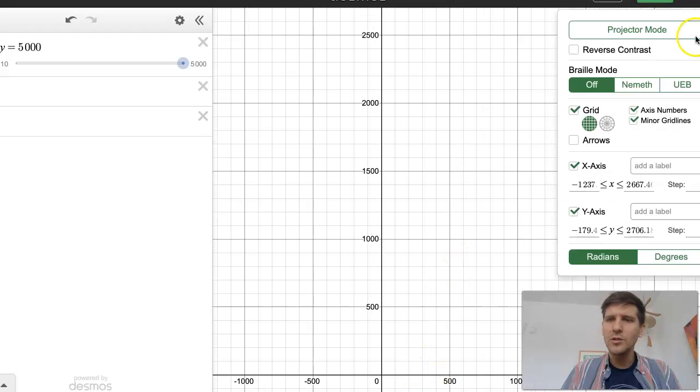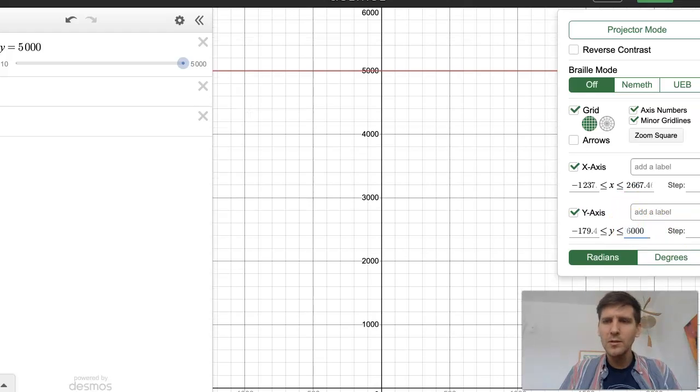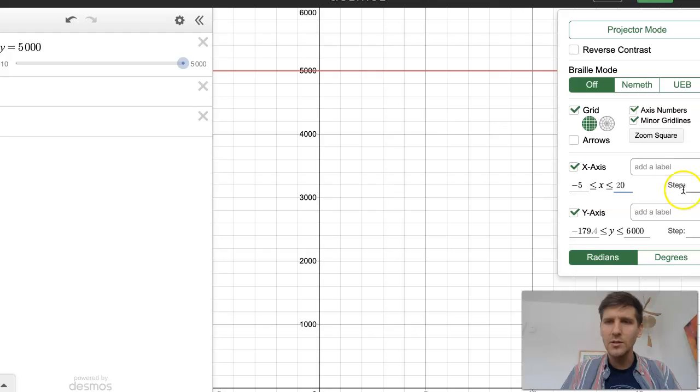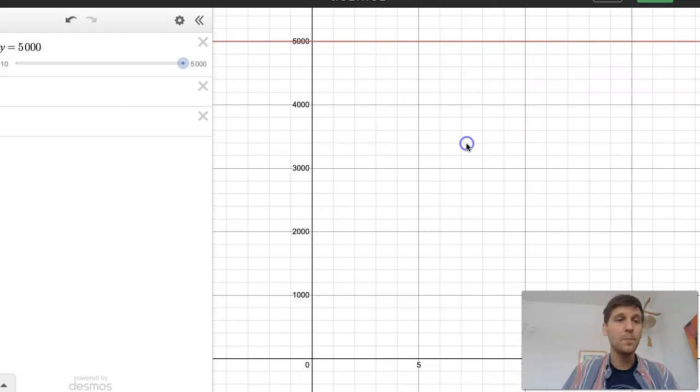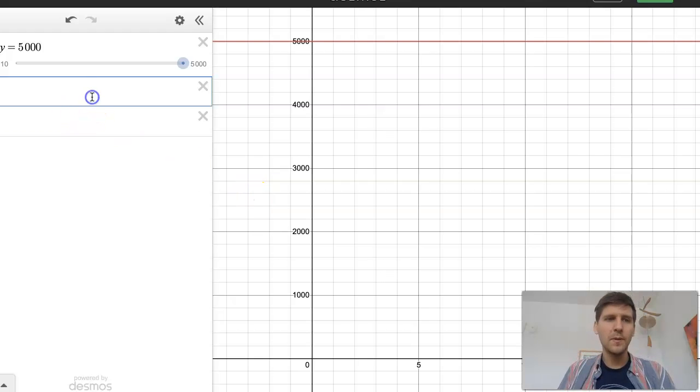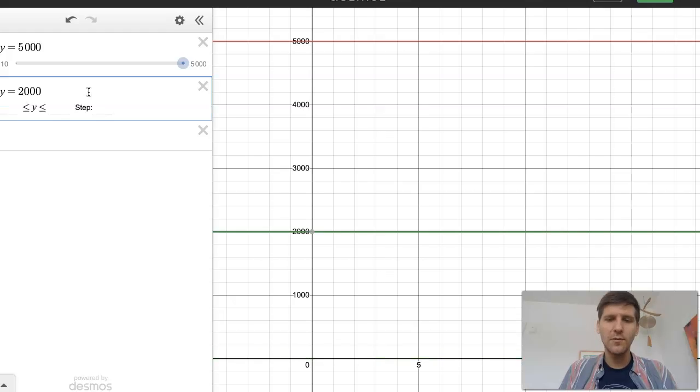Maybe I could even change my x-axis. Definitely want to make this above 5,000, so we'll think 6,000, and then we can make my x-axis, let's just make it from negative 5 to 20. See if that's enough. I'm not sure quite yet, but see how it looks after 20 years. We could always scroll to the right. So then my second equation, if I just graph that crazy equation I have, I'm not going to necessarily need to do